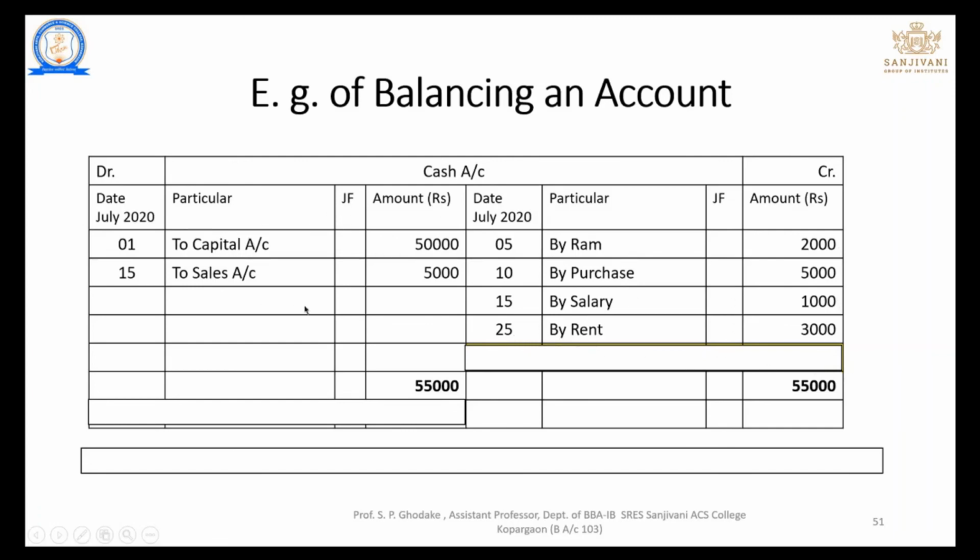Here the debit side is larger than the credit side, so the balance is a debit balance, but we need to write it down on the credit side of the respective account. Once it is written over here, then we need to balance the account, and on 1st August we have the opening balance, so it is a debit balance. In this way we can balance the accounts.